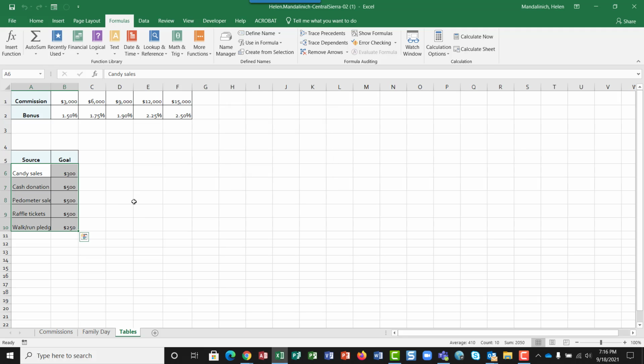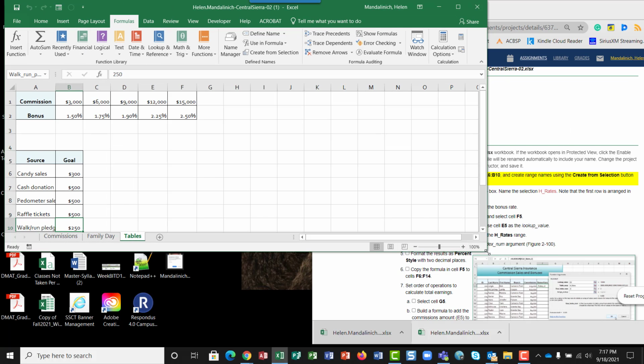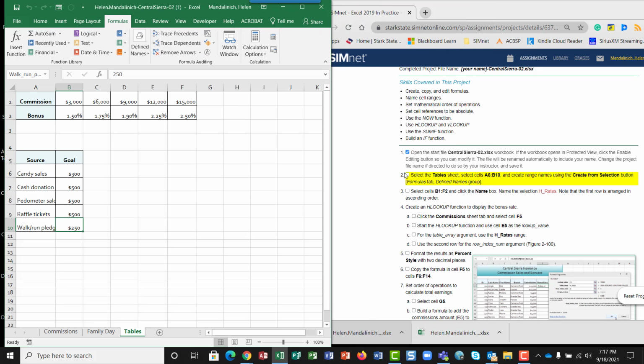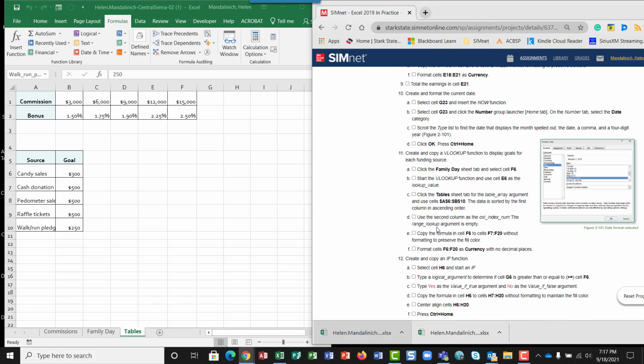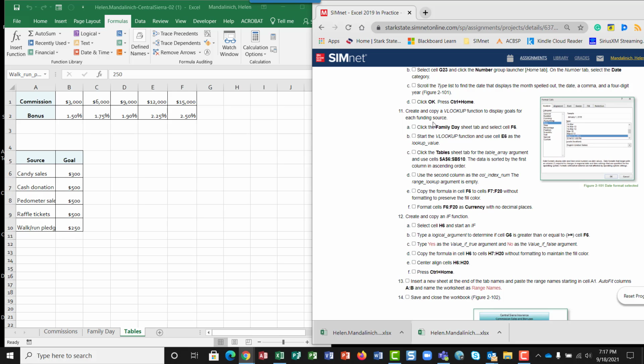So I'm going to go ahead and say OK. And now look when I go to the cells in column B. Look at our name box: candy sales, cash donation, walk, run, pledge, right? So whatever is in this source column A is now the name for the cells in column B. So once we have that, we can scoot down here to step 11, where we're going to create and copy